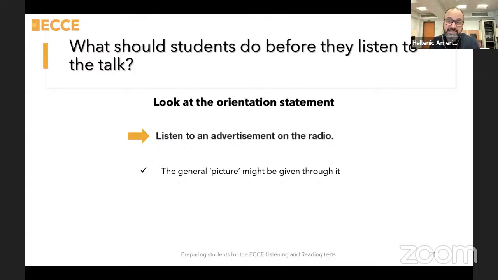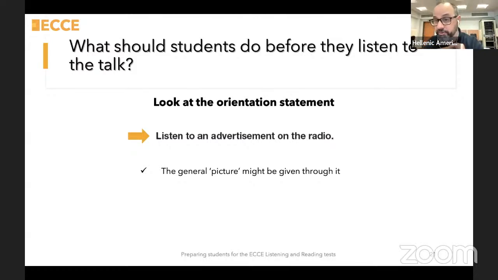If there is someone who's trying to sell something, then at some point, maybe the price of a product or a service will be mentioned. Maybe the different features of that product, the characteristics. So there's always things that we can hopefully talk about with our students when we're preparing them for part two, that we can talk about in the classroom before they start listening to that recording proper. So the orientation statement is quite important, especially for you when you are carrying out these tests in the classroom, to help the students generate some ideas